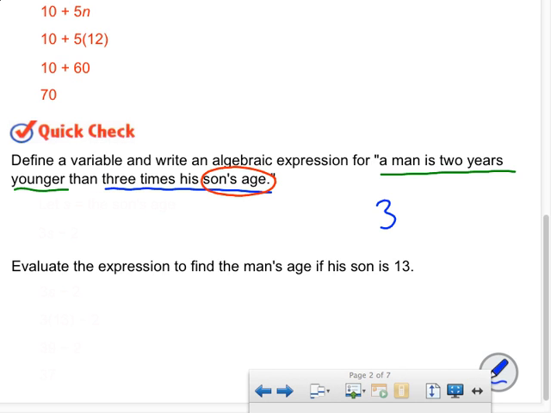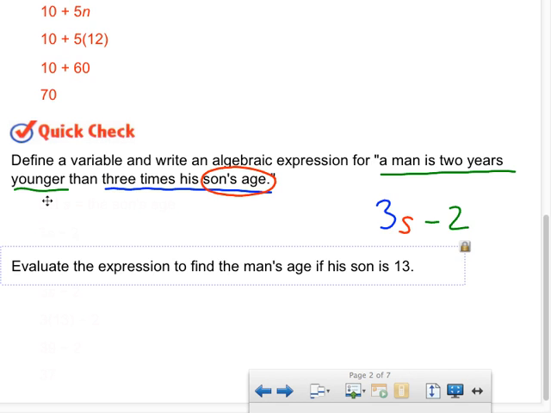So you have 3, and then the son's age, and minus 2. Do you see where everything came from in the expression? From the word phrase? So 2 years younger, minus 2, and then 3 times the son's age. Okay? All right, so very good. Thank you,